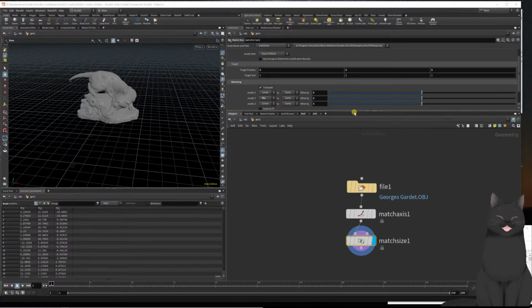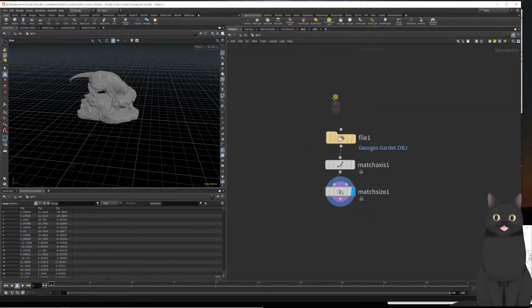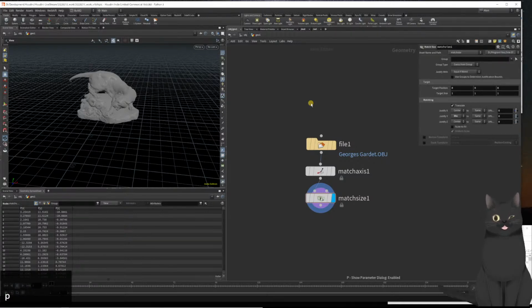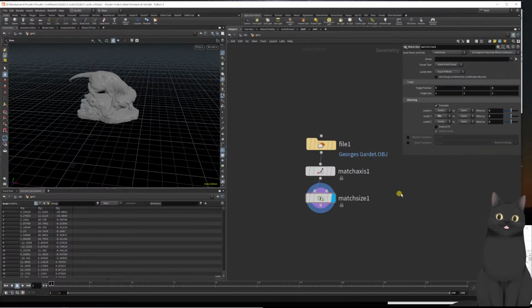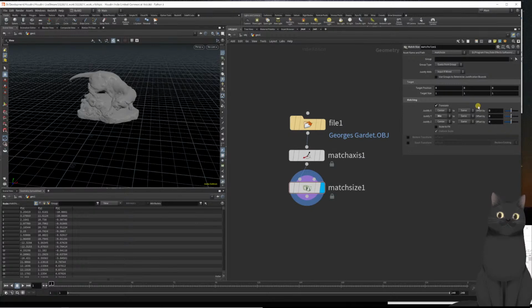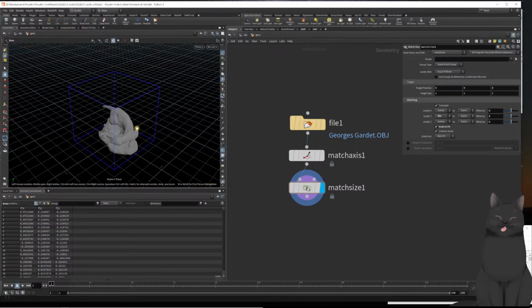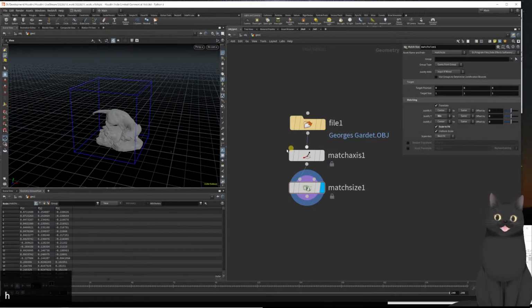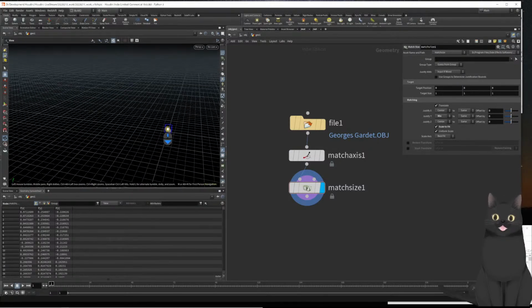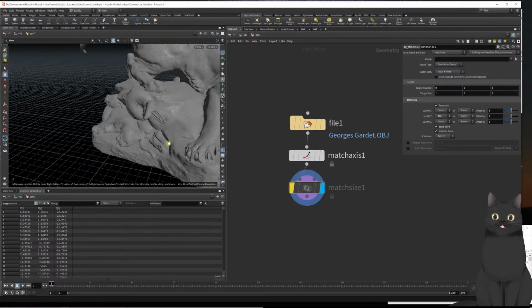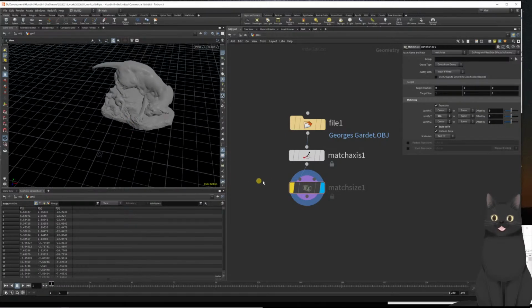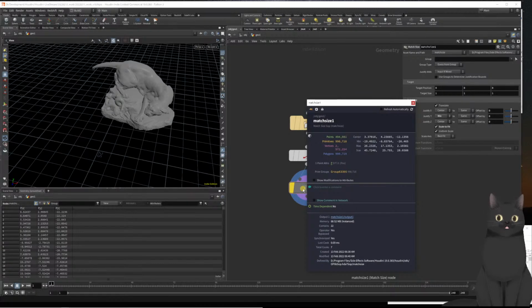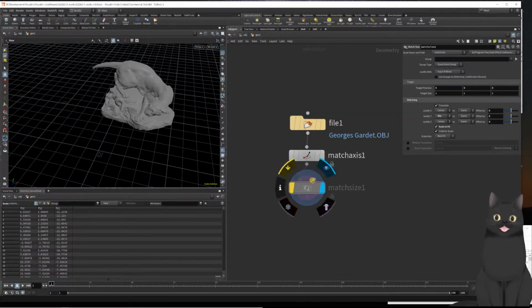In fact, there's like a target size in here. You can say めちゃくちゃでかかった。45、めっちゃでけえな。